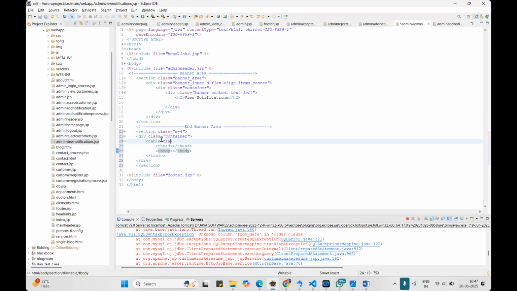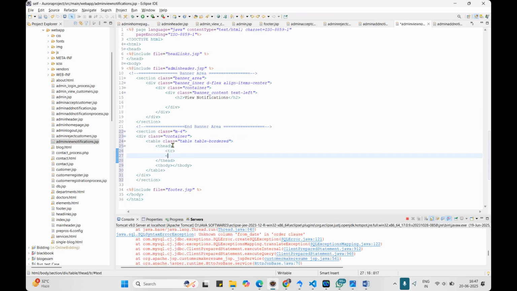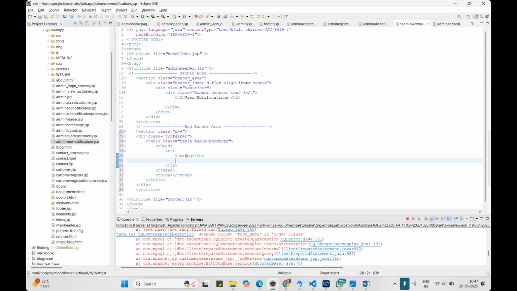So use the class for this table as table, and the table border, table border, and the T head. The T head, let me take the T row. Okay. Table row and the header as SN, serial number, and the title of that particular notification,